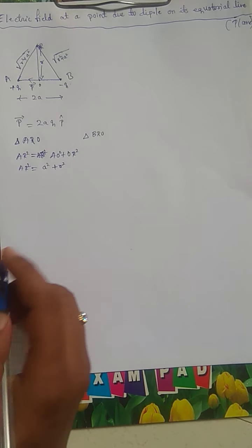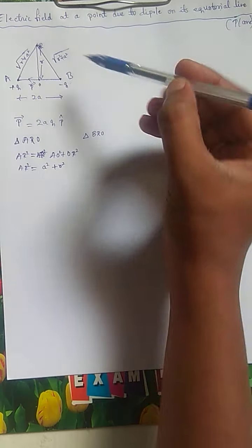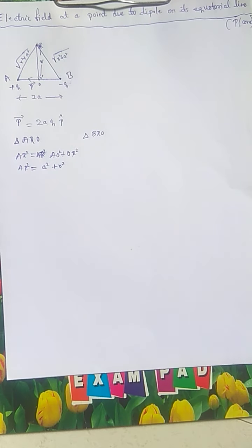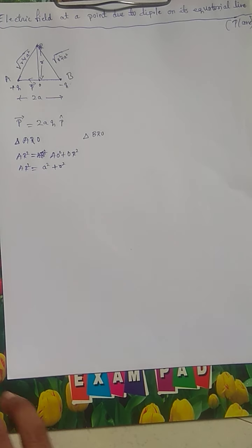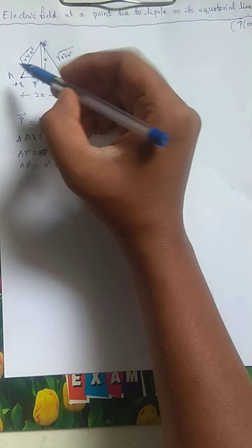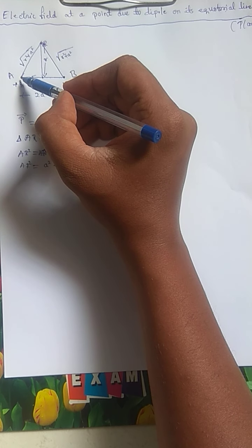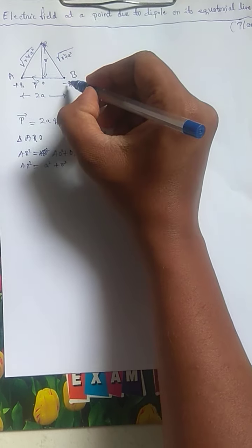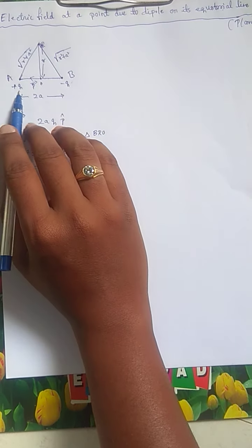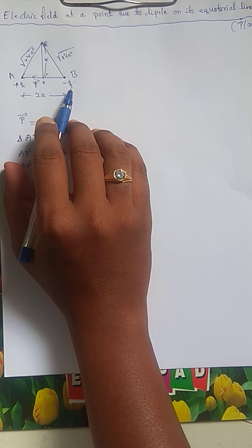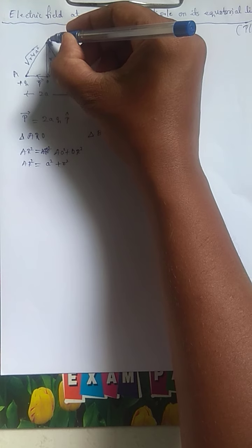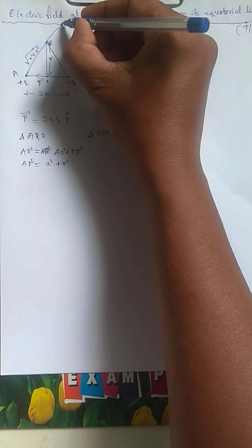Now move on to the electric field at a point R due to the plus Q charge. First of all, here I want to clear the most important term in this derivation. See dear students, the plus Q charge has the electric field, let us call it E1, and the minus Q charge has an electric field E2, but they are of opposite nature, right?